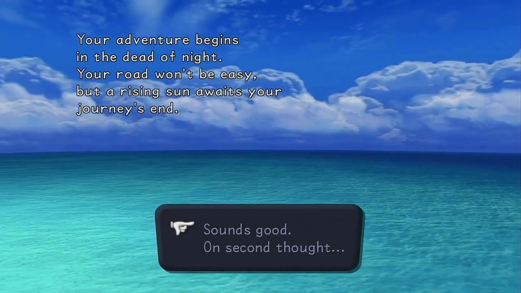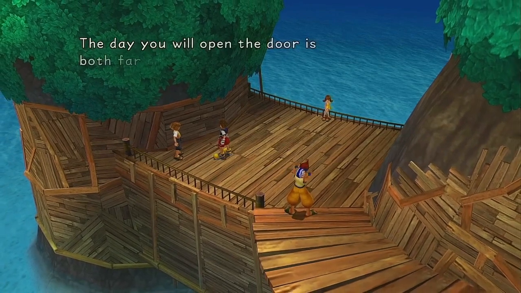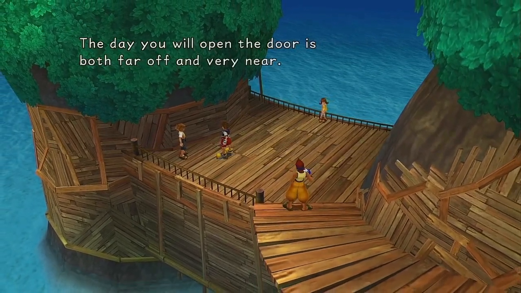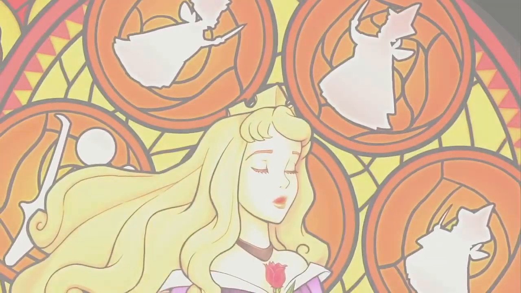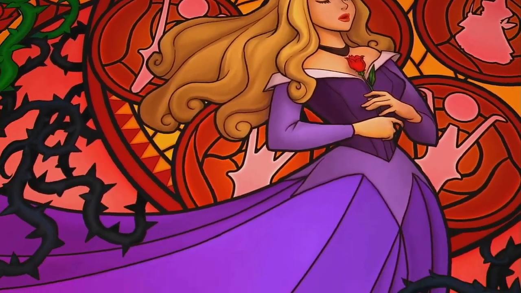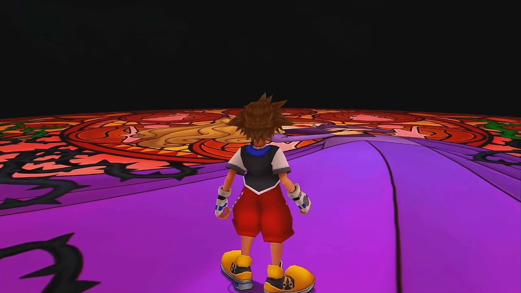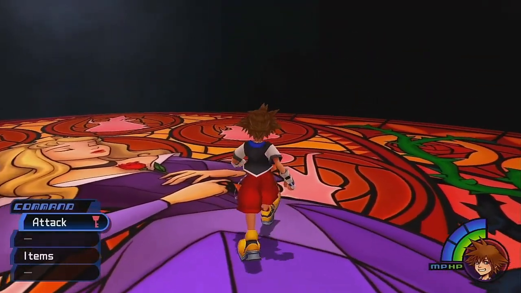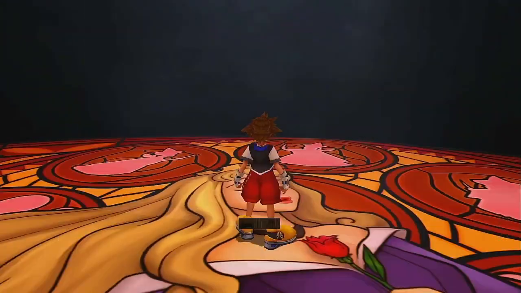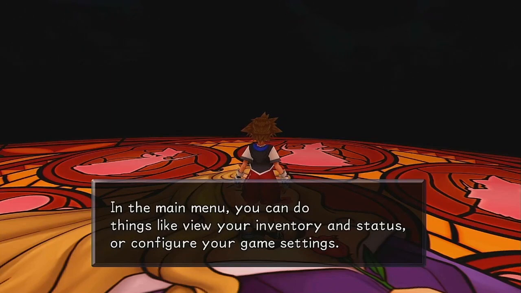This is not the Proud difficulty, so we're not going to be doing that achievement. We're not going to be doing the no equipment change. We're going to be unlocking gummy ship parts, 101 Dalmatians, Trinity marks, and all the other achievements that can be considered complete game, like collecting all the weapons and stuff like that, synthesizing. So I believe this is Sleeping Beauty stained glass,